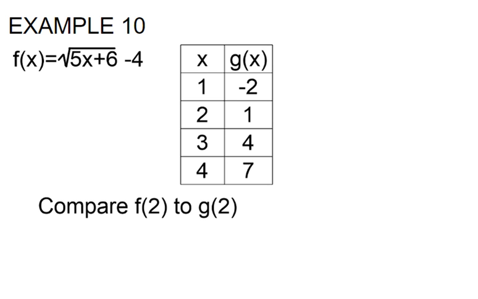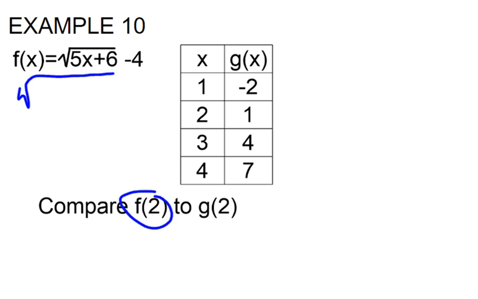In this example, we are asked to compare f of 2 to g of 2 using this function and this table. So when we look at this function, first of all, we have to evaluate it. So we're trying to compare f of 2, which means I need to evaluate the function where x equals 2. So that means we are looking at the square root of,